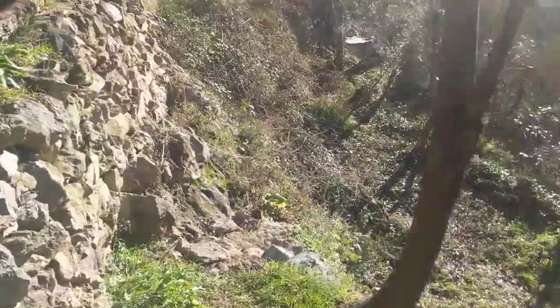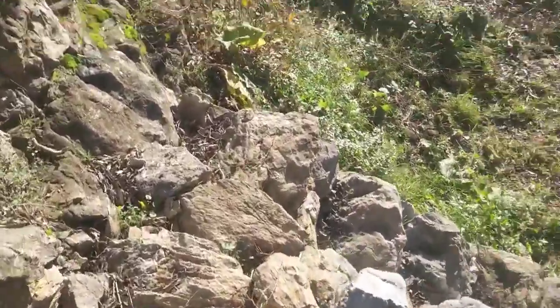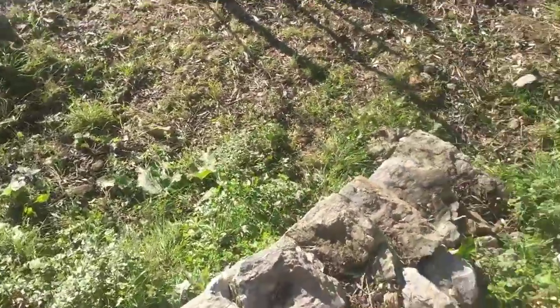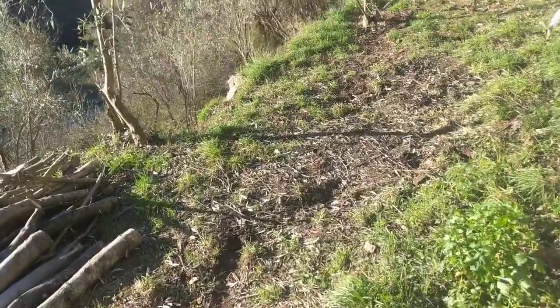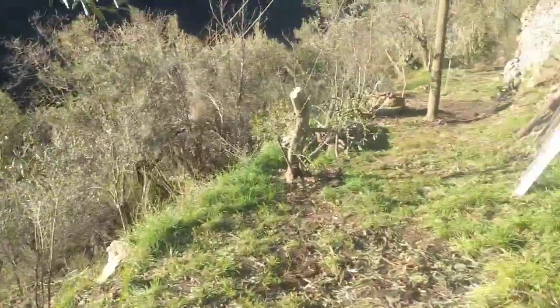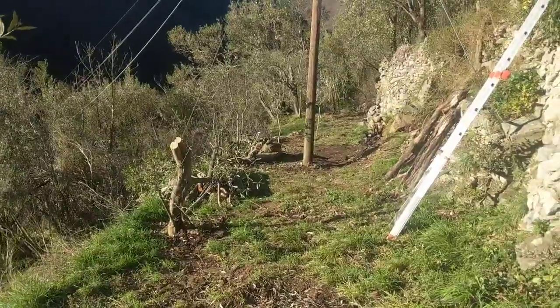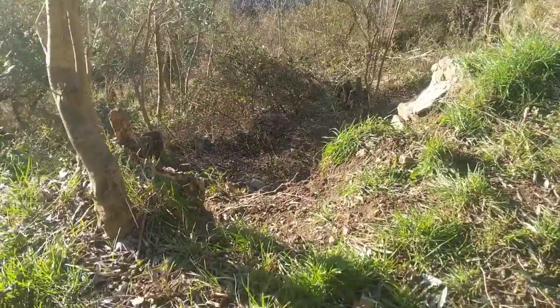But events have conspired to make us do a better clean-up of it. So we also built these stairs this year to connect all our terraces together. This terrace here was completely overgrown, but that tree there used to be in that hole there,